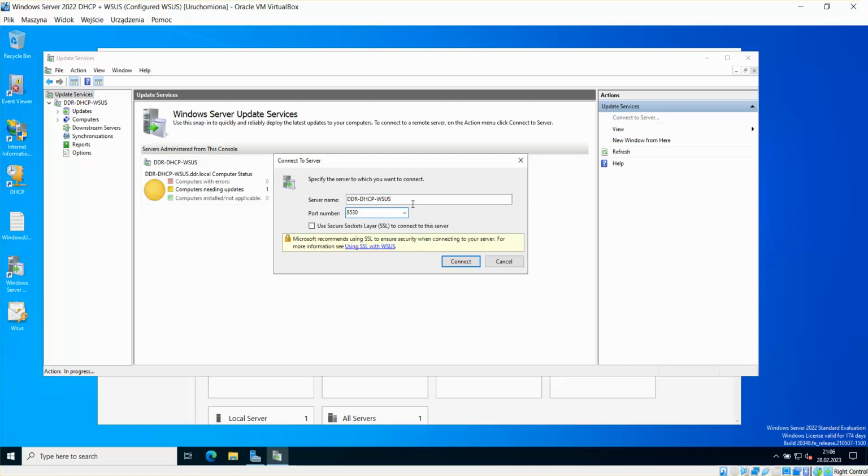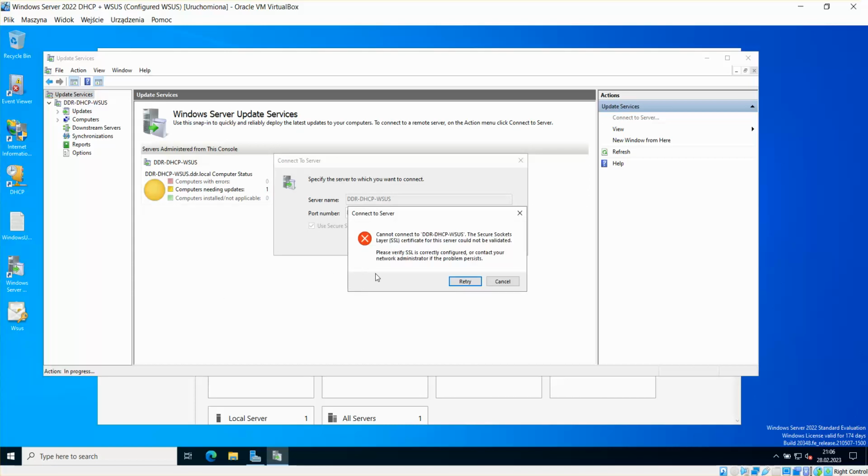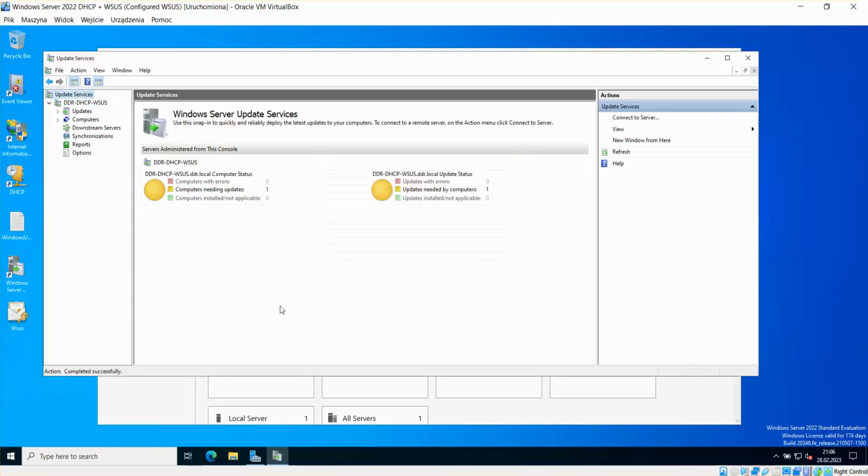Changing the port. Connecting. Okay, so the certificate cannot be validated. Okay, so